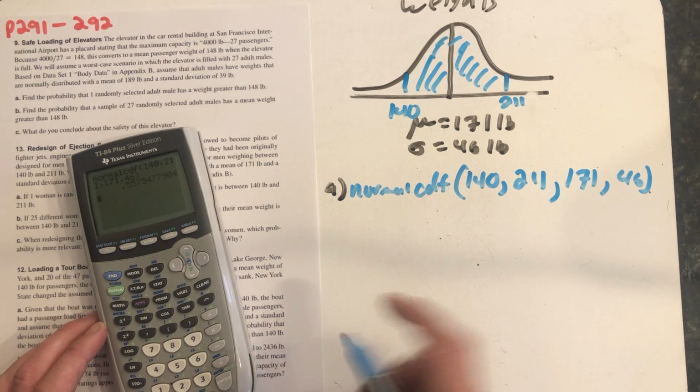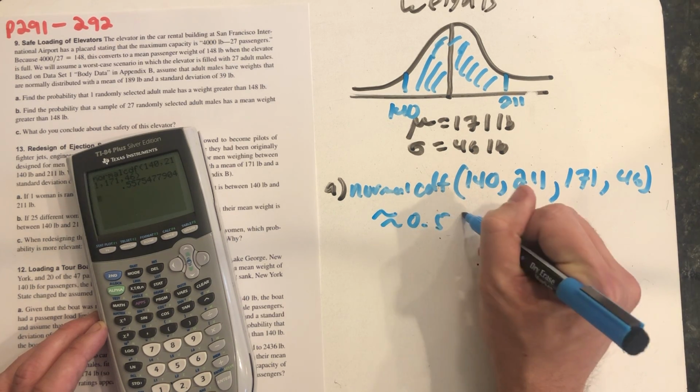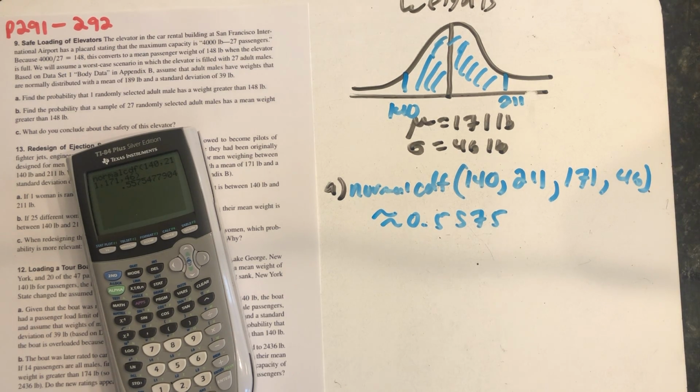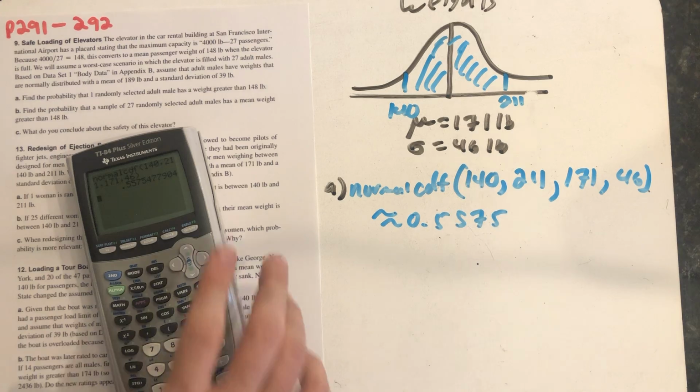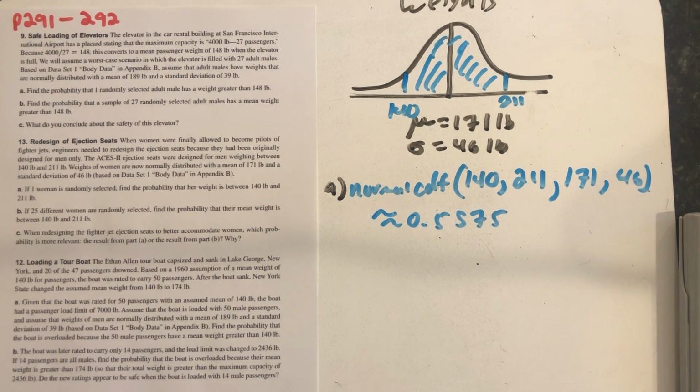All right, and this probability comes to 0.5575. So 56% of women would fall in that range, which honestly, if you're trying to design a seat for a fighter jet, you probably want more people to be able to safely use it, or at least that's what I would say. Part B,